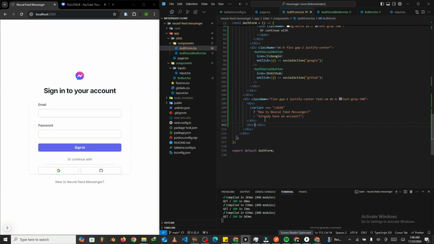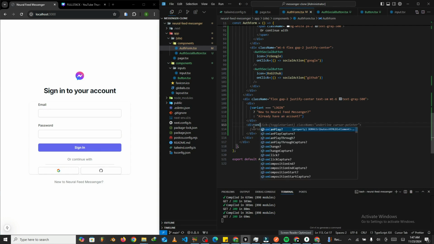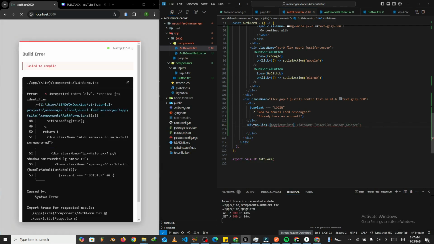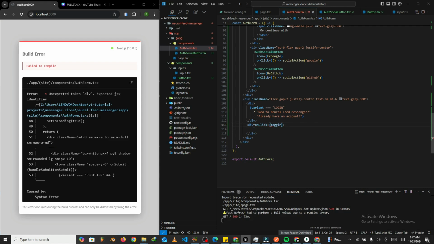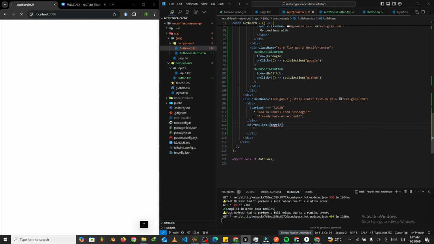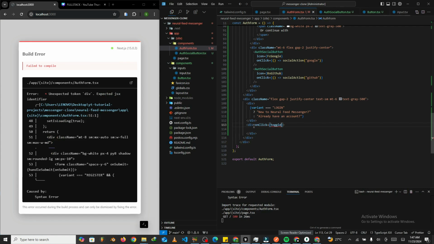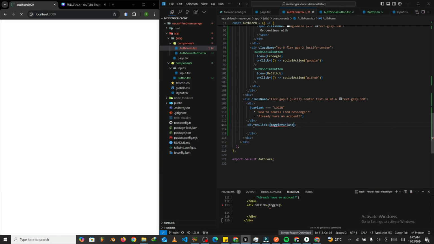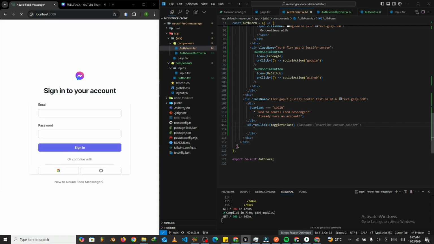Okay, right below this, then we would just come and add a few class names here. So we can say on click, yeah, so this on click, and we can toggle variant, we can toggle variants here. Nice. Then once you are done with that, we just say class name, then we say what, underline,